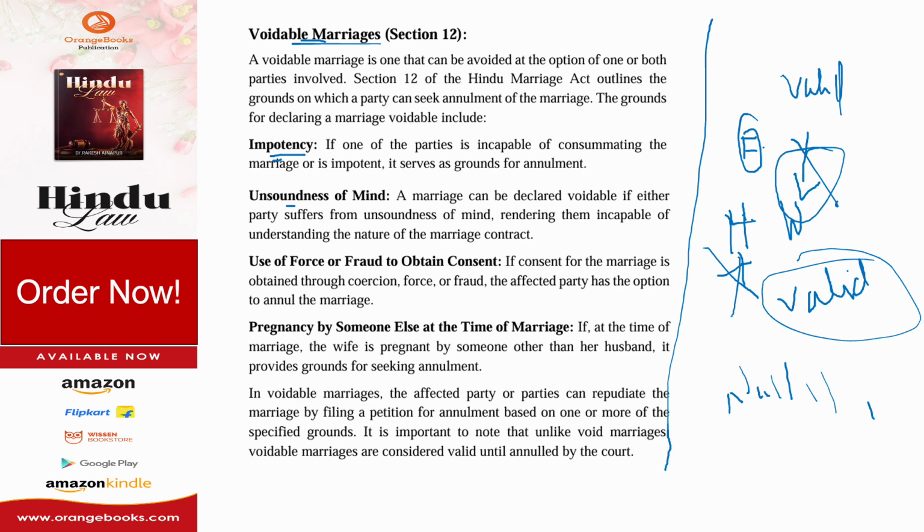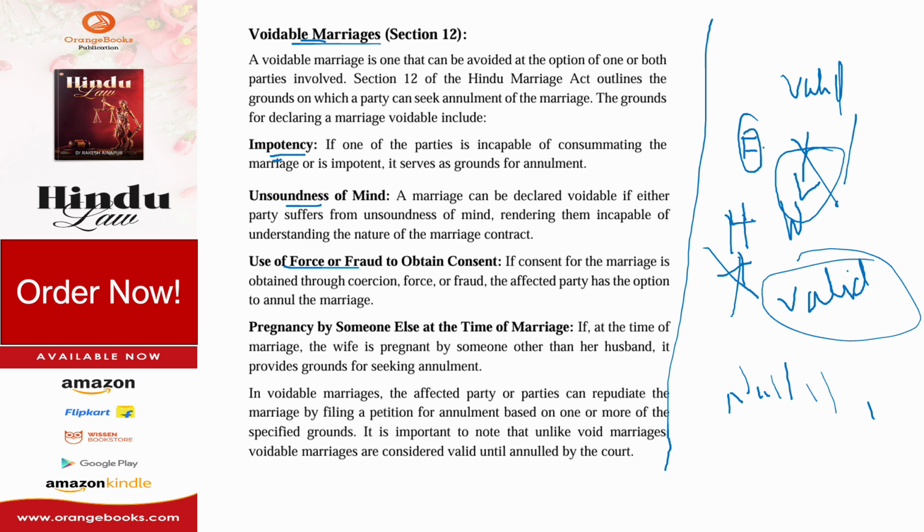Again, unsoundness of mind. If one party's mind is not sound, the aggrieved party can go for it. Otherwise, he can compensate and continue living together. At the same time, if force, fraud or coercion was used, if consent was taken by fraud or force or some other illegal means, in that case again the decision depends on the aggrieved